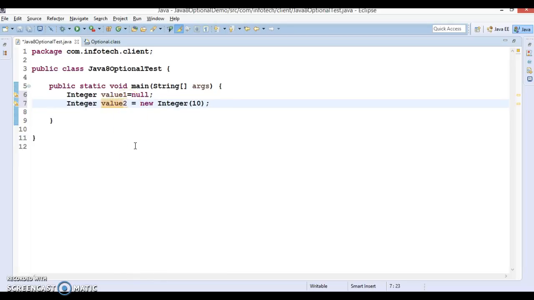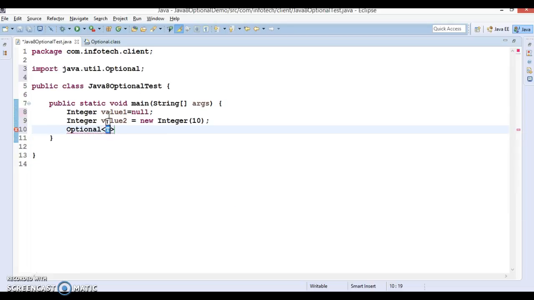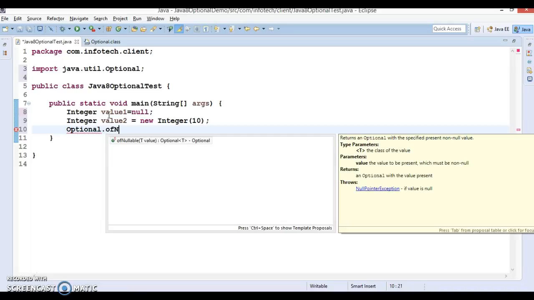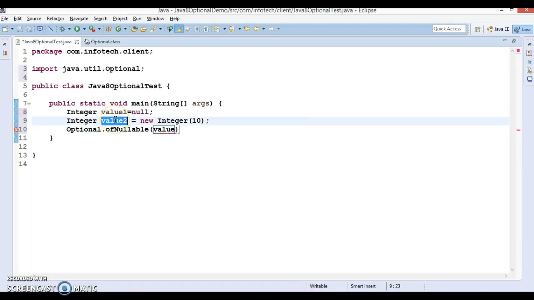Now we have the Optional class. Optional has a method called ofNullable, so here you can initialize this Optional with a certain value.